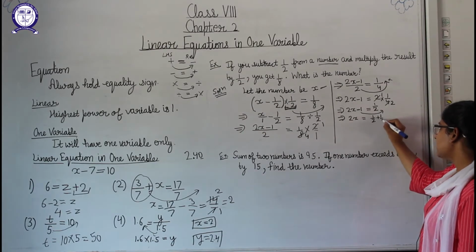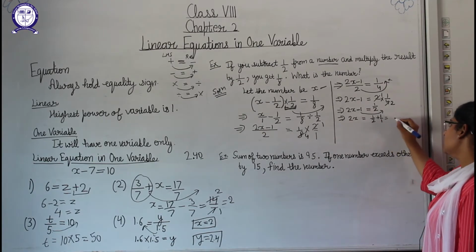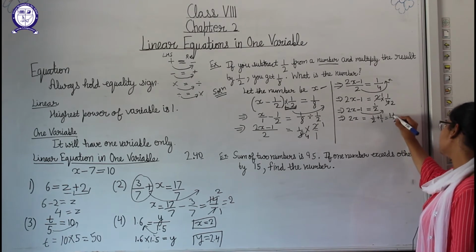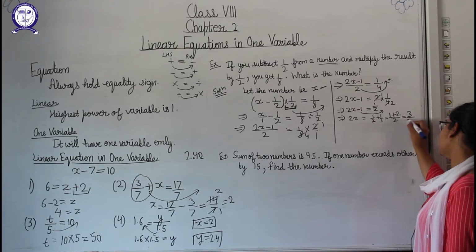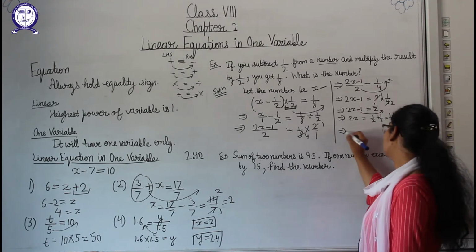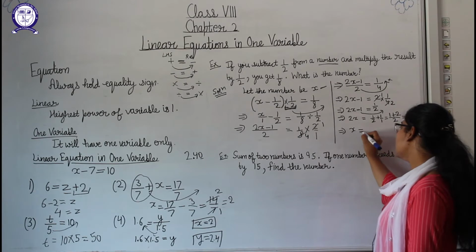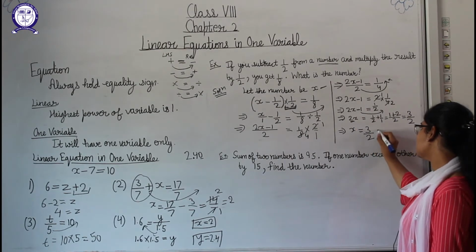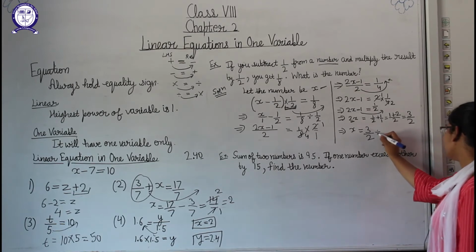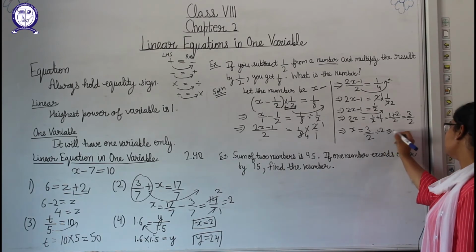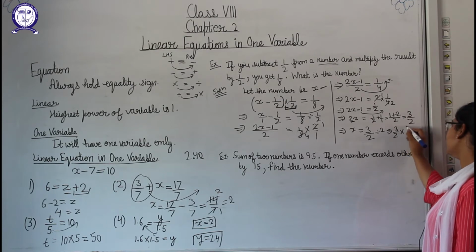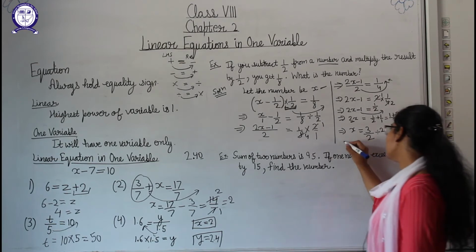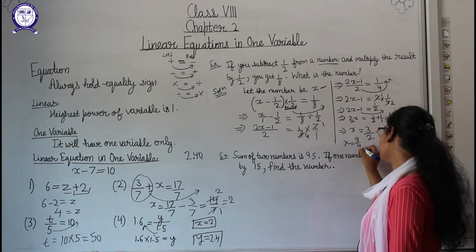Okay, now again we will take 1 as the denominator, 2 will be the LCM. Now it will be 1 plus 2, which means we are getting 3 by 2. Okay, now 2x is equal to 3 by 2. Here 2 is in multiplication, so on that side it will be in division. Okay, it means we have to divide by 2, and dividing by 2 means 3 by 2 into 1 by 2. So we are getting 3 by 4. So the value of x is coming out to be 3 by 4.